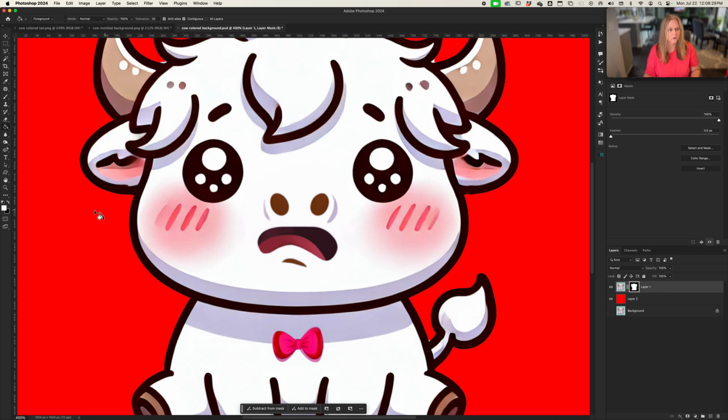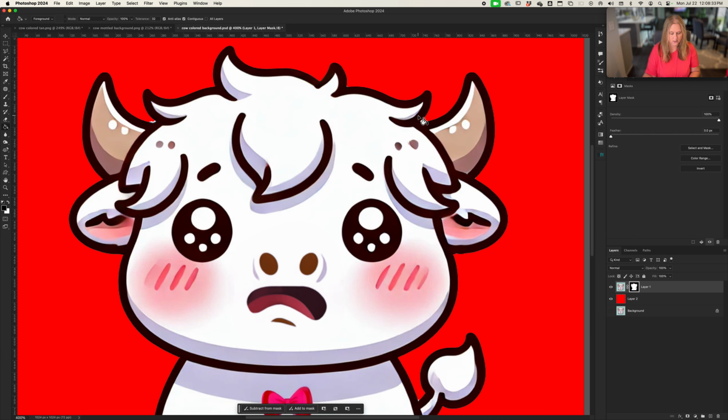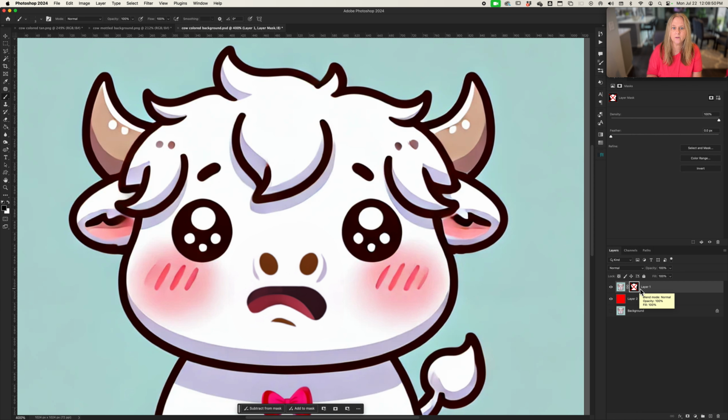So if I come over and I just click the little swap, I'll be able to come up here and hit B for brush, which is also in this panel, use my brackets to get it down to the size that I want, and then I would just be able to paint. Now I haven't deleted anything because if I disable this mask, you're going to see it's all still there,